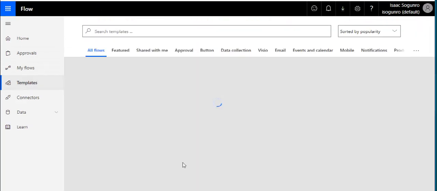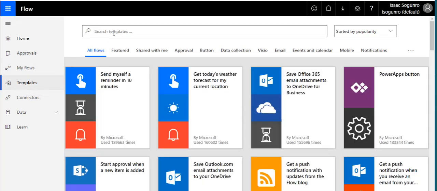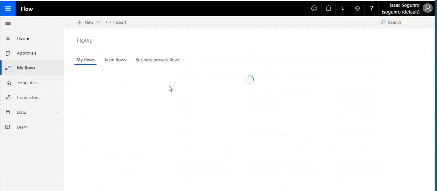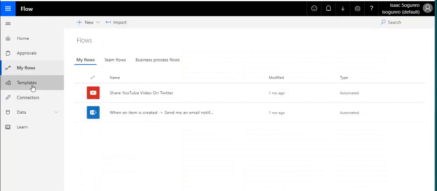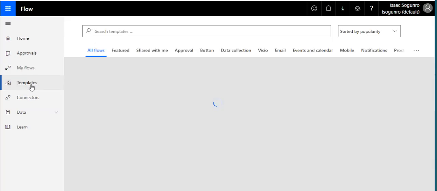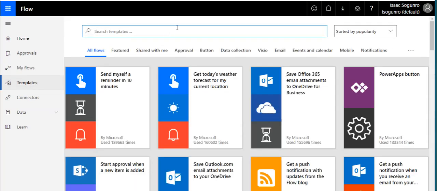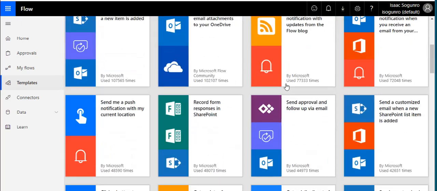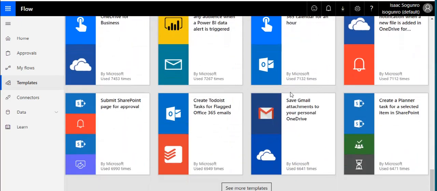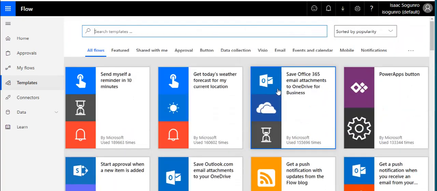When you're in your dashboard, you click on the templates area. And let me make sure I don't have that flow in here. These are where my flows exist. No, so you click on templates. And in the search, it'll show you all the templates that exist. There are a ton of different templates, and you can do different things. So if you come into this search box and type in SharePoint,